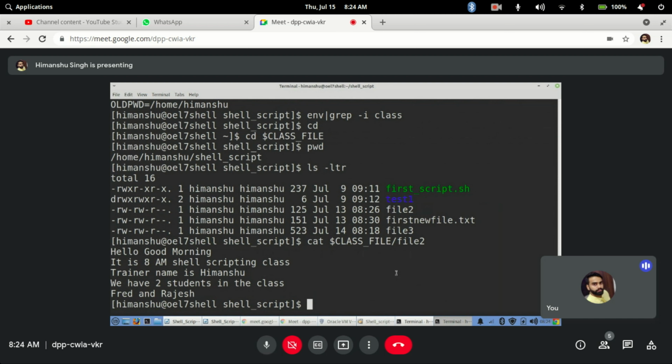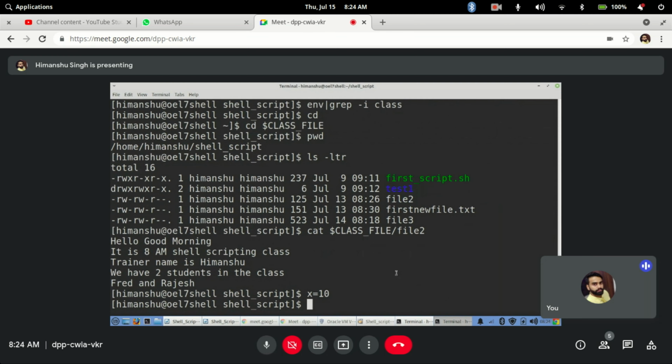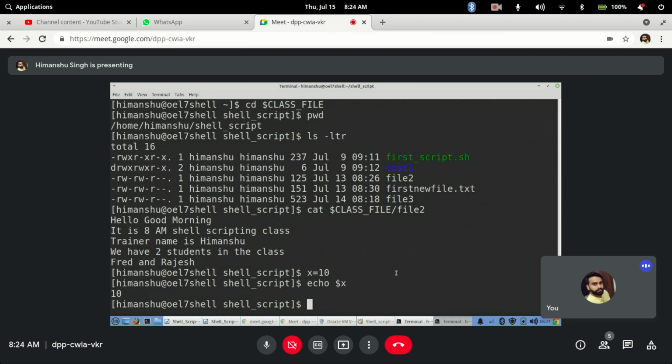You can define any number also. Let's say I define x equal to 10. If I do echo $x, it's case sensitive, and it will print that variable's value, 10. Variable name can be anything, but don't use keywords like the command date.